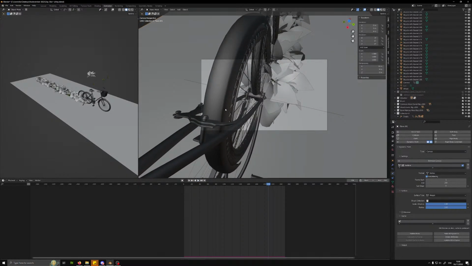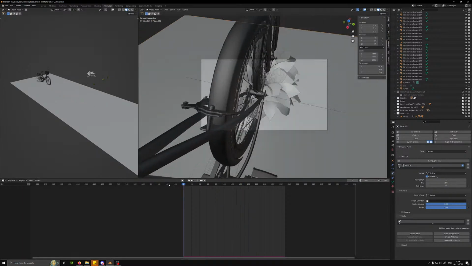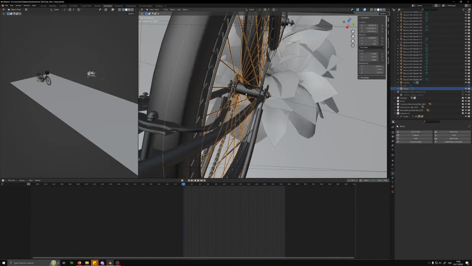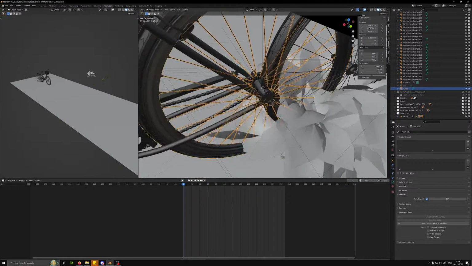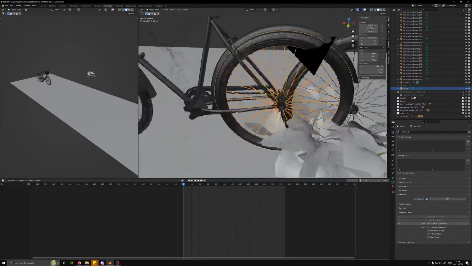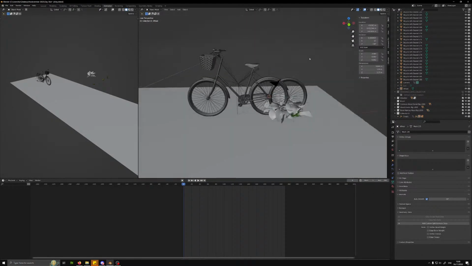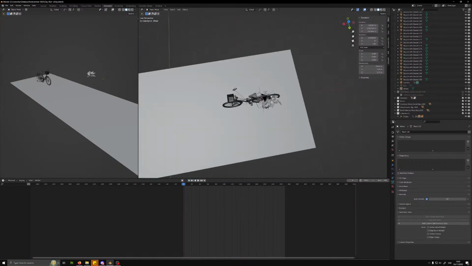Okay, so besides that we need to fix material-wise stuff for the bike here, there's a few things I also want to do yet. Starting with smooth shading. Oh, is there like split normals? That doesn't work. Well, then we're just going to keep it like this. Doesn't matter too much actually. Save for a second, and now